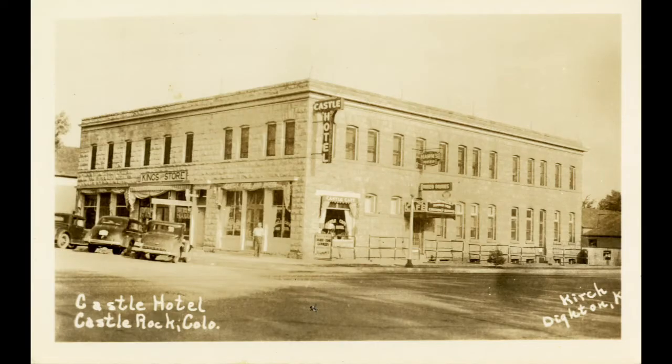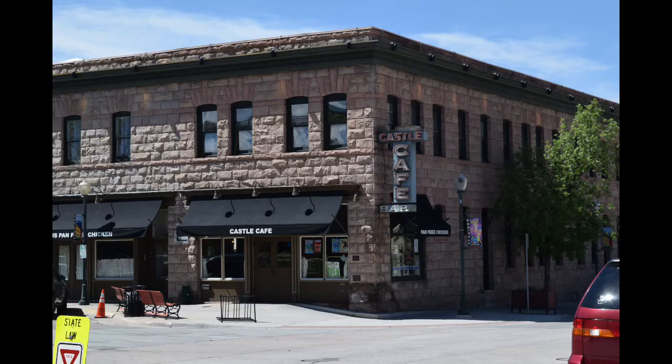Now, if we walk down the 300 block of Wilcox Street and look catty corner from the B&B Cafe, we'll see the Castle Cafe, built of rhyolite. It was built in 1901. Now, it was a very popular place on weekends. In the early parts of the 20th century, people from all over the county would come to the Castle Cafe for